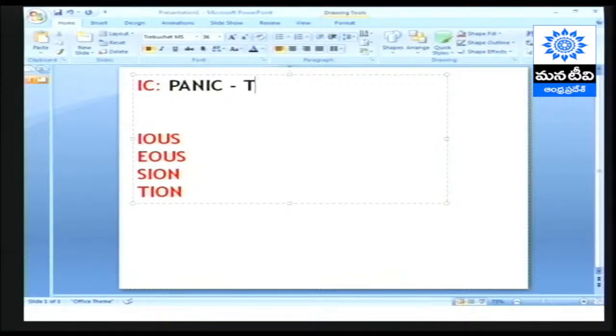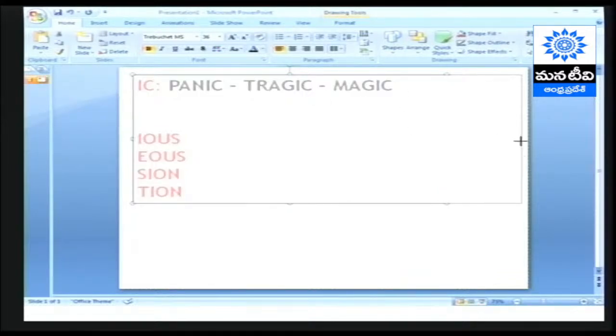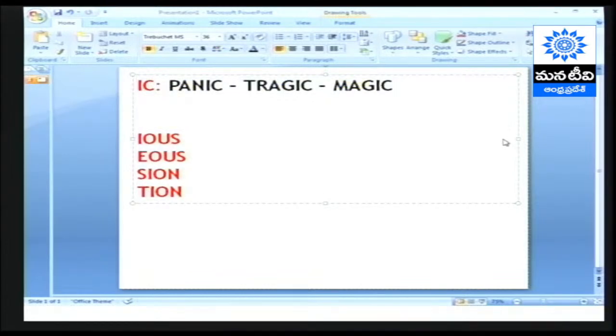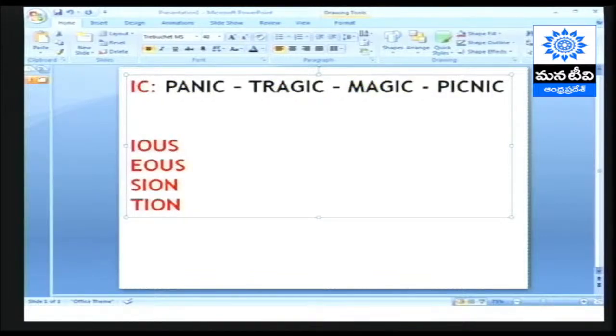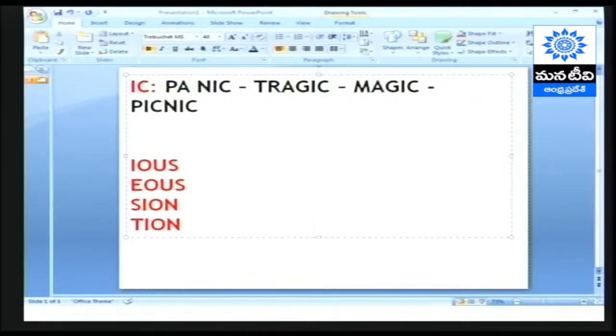Panic, tragic, magic, any more words that end with IC? Picnic. Okay. The rule says in case if you have any word that's ending with IC, the stress should be on the last but one syllable. So let's break this. Panic is PANic, which means I will stress on